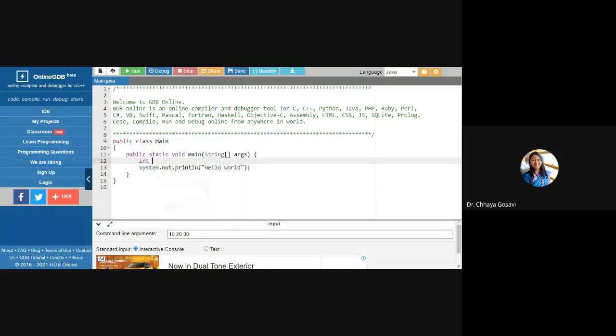So here I'm using int a, b, c. I want to perform addition of two numbers, say 10 and 20 only. Again, I'm using a for loop to read these arguments, which are stored. This 10 and 20 are stored in args as strings.